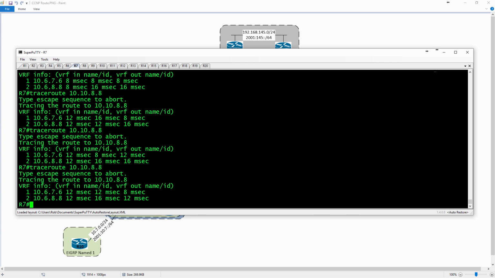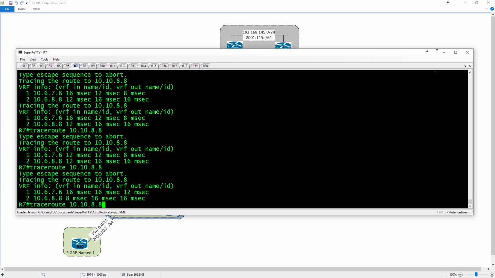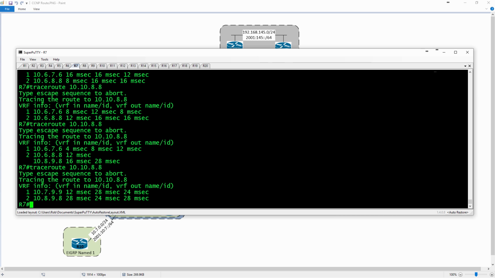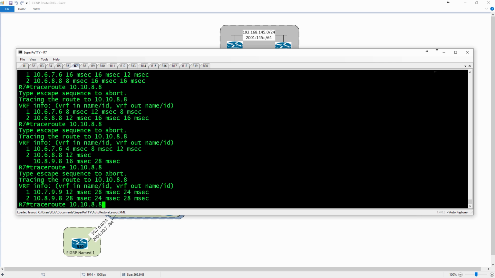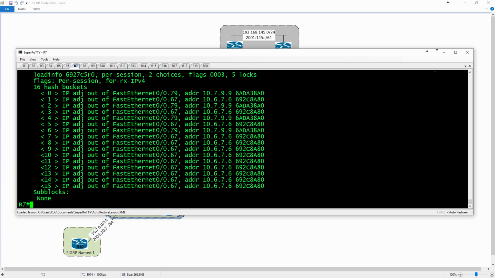What it's doing is it literally is using every one of the CEF hash buckets to forward the traffic with. So one of these we're going to be dual equal cost routing, and there we go. So now I'm going back towards R9. What I just did is I just made two full runs. We do a show ip cef internal. We just made two full runs through the hash buckets, and it's going to continue to do this over and over again. So if you get what you might view as some inconsistent routing,